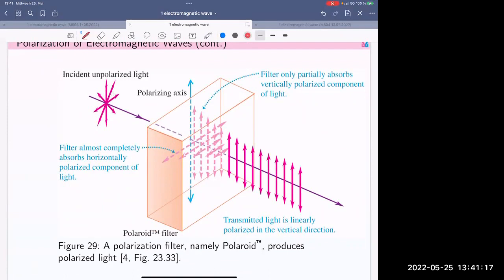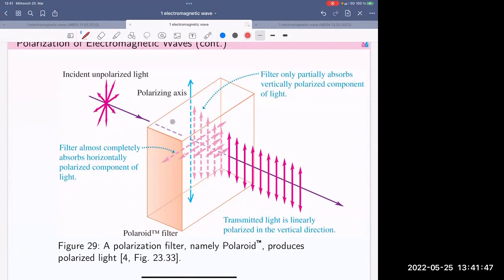It's very hard to detect the magnetic field, but for the E field, humans can detect it easily, not difficult. So here is the original light that has several orientations of the E field, and one propagates through this